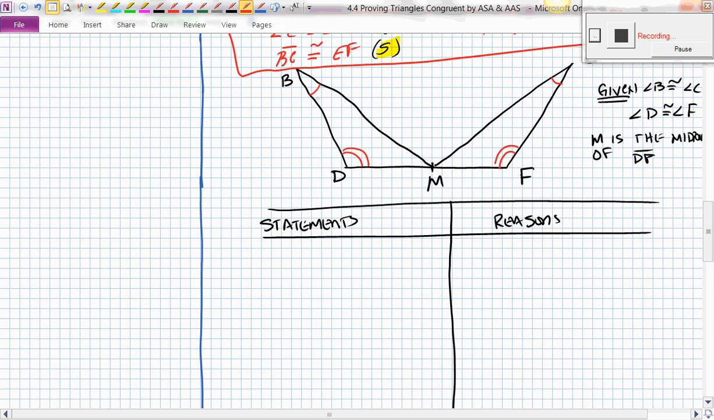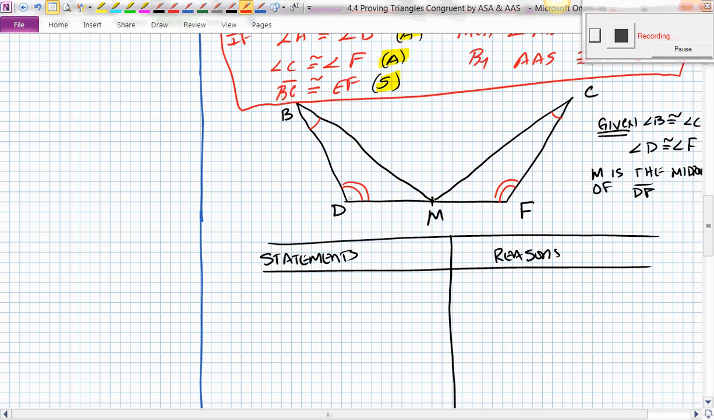Here's what we're given. We know that angle B is congruent to angle C. So this is angle C over here. Can't see that. We know that angle D is congruent to angle F. So there's two angles, and we also know that M is the midpoint of DF. And we're trying to prove, which is not written down here, we're trying to prove